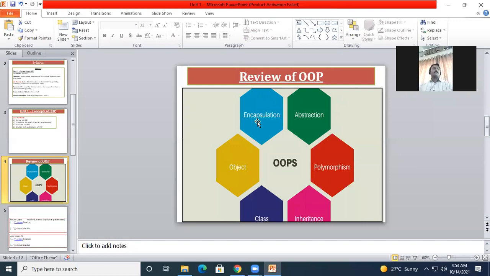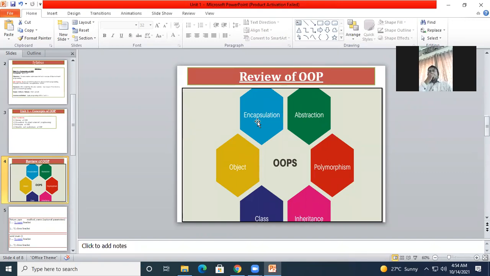The class is a user defined prototype from which objects of the class are created, which also represents the set of properties or the methods, and it possesses the following properties, like the class is having the modifiers.